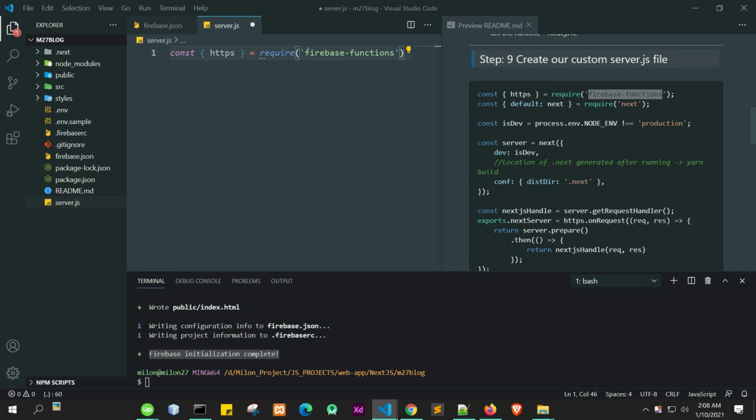And as you know, we didn't configure the Firebase function, that's why we need to install this dependency later. So let me just write all the things, then I will install it.